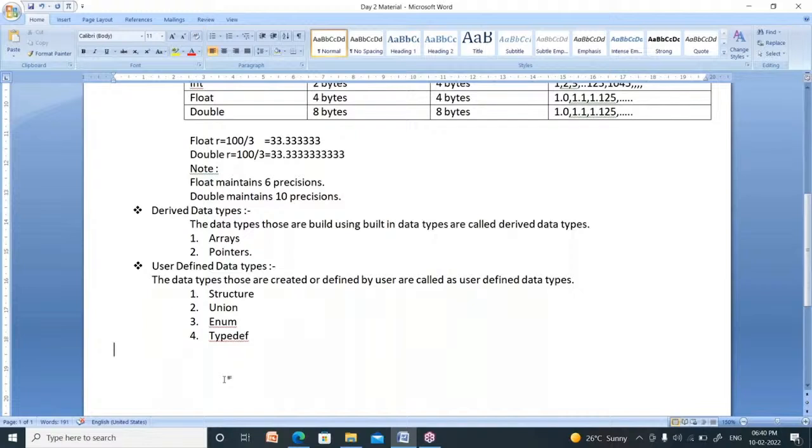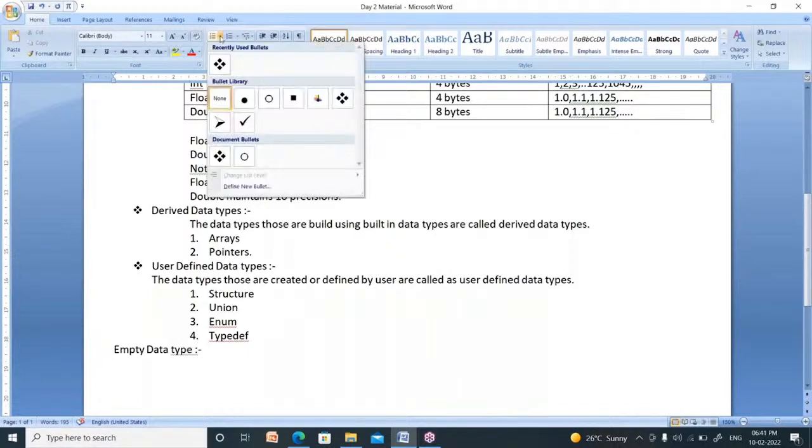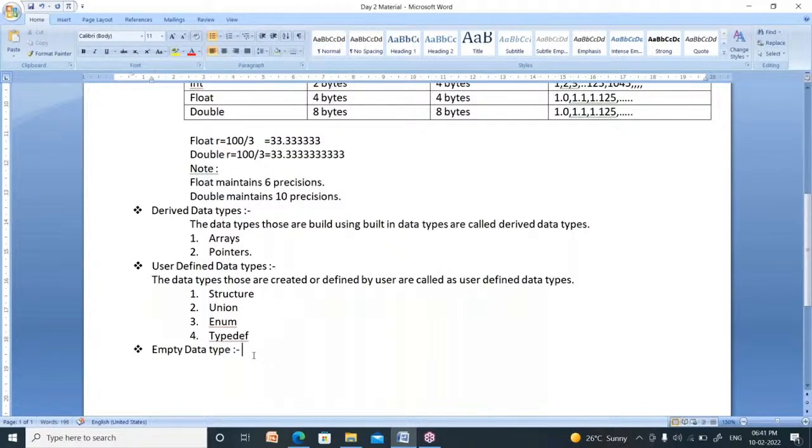Now, what about the fourth data type? The fourth data type is the empty data type, which is void. Void is nothing but empty. Suppose I asked you, I need 1 lakh rupees. Can you give me? If you have, you can give. Otherwise, you say no. No means nothing. That nothing can be represented by using the empty data type.